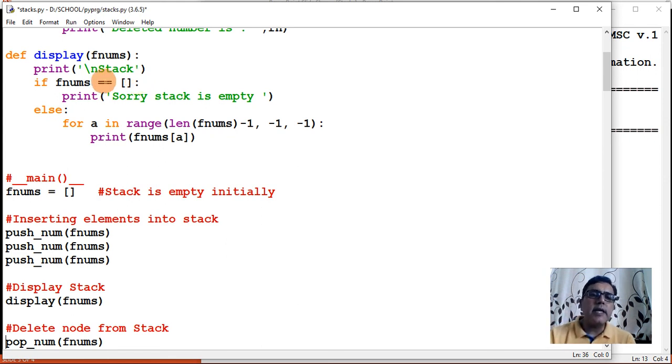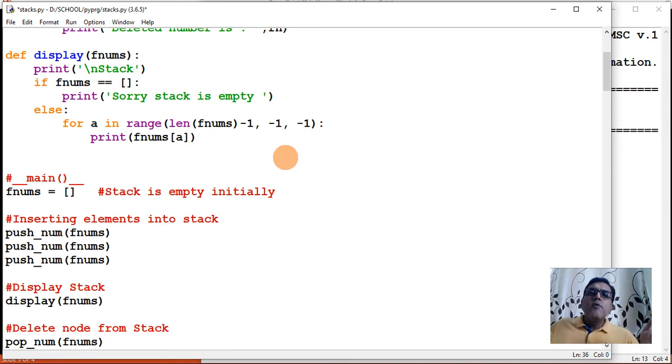So first it is checking whether fnums is empty. If it is empty, it will display stack is empty. Otherwise, from the last index, every time it will display a value, and then the pointer will move to the second last value and then the previous value.